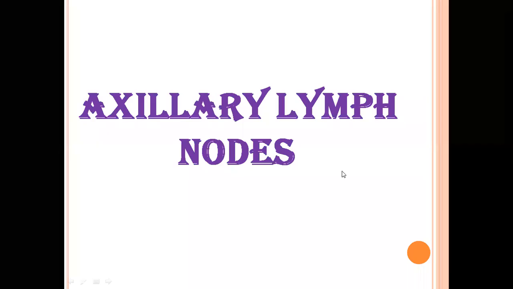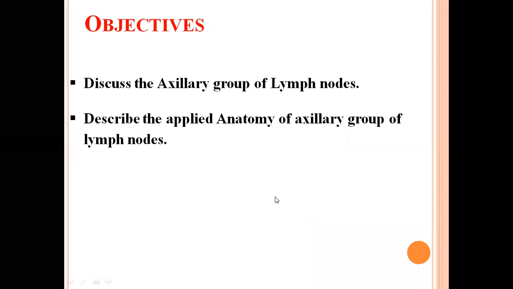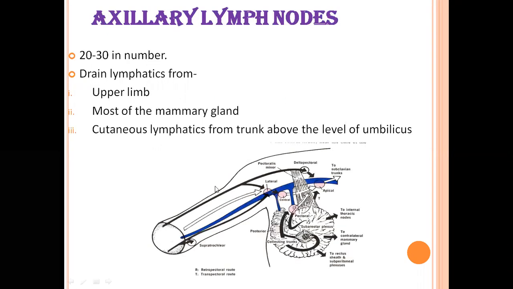So in continuation of axilla, now we are going to discuss the axillary group of lymph nodes. We will discuss them and also talk about applied aspects. The axilla region will have around 20 to 30 axillary lymph nodes. These axillary lymph nodes drain the lymphatics from the upper limb and also from the mammary